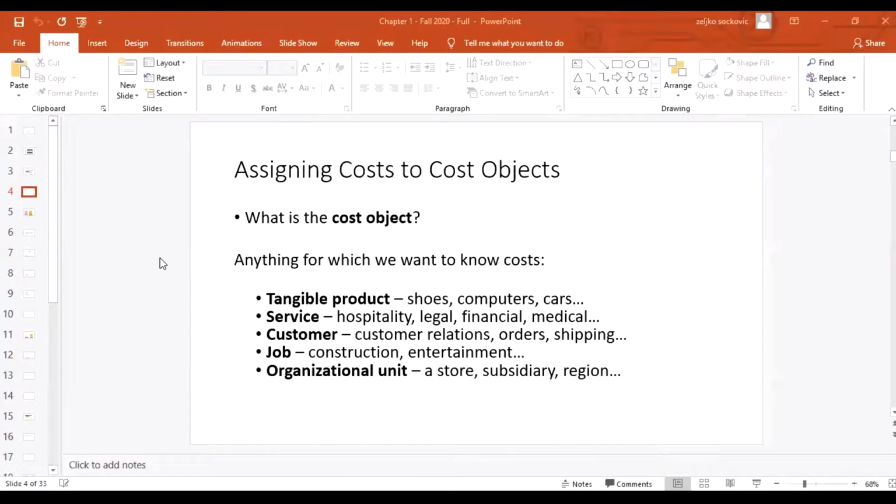Our cost object, again, shoes, computers, cars, whatever. In hotels, the hospitality industry, in restaurants, we are producing service. But some are a kind of combination, service with a product. Like in a restaurant, you have a product, you have a meal, but it's kind of a service, right? It's not just pure manufacturing where you're making something. A customer might be your cost object. How much